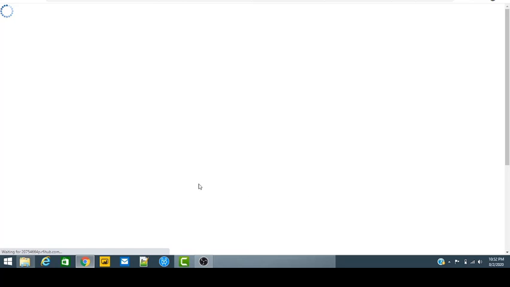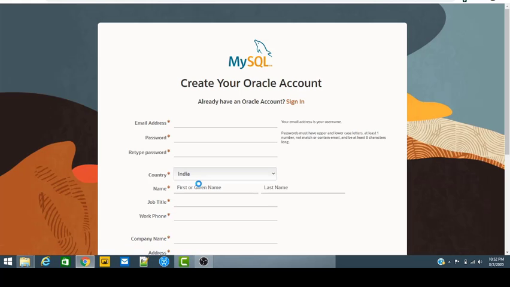So the page is loading. So friends, here we got a page with the name, email and everything. We have to register for an Oracle account, but in this situation I already have an Oracle account, so I am directly logging in to the Oracle account. So we see it.